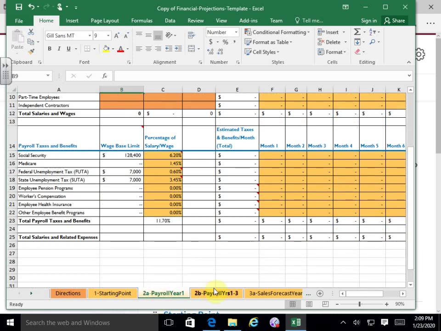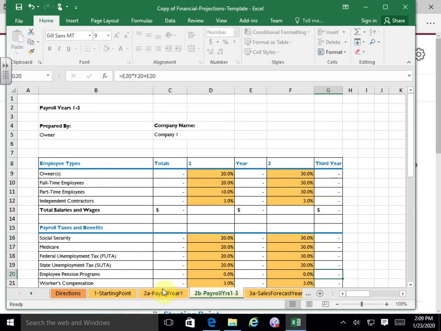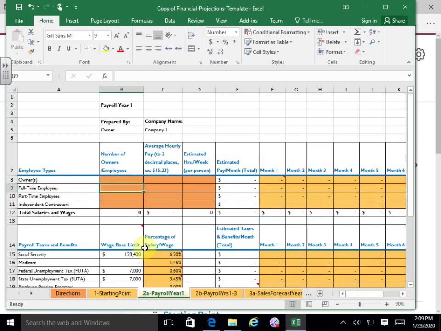We got payroll year one, and then we got payroll in subsequent years. Okay, and there are some adjustments that we have to make on these, and I'll walk you through those hopefully. So, first thing, and those of you that had me for finance know this: unless you are a C corporation, and most of you probably would choose not to be a C corporation, okay, for a lot of reasons. Unless you are a C corporation, you will not be an employee. Okay, so where it says owners as a employee, you're going to leave that blank.